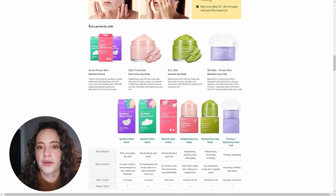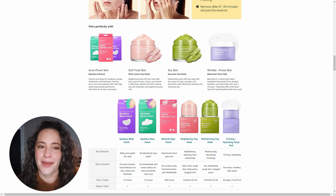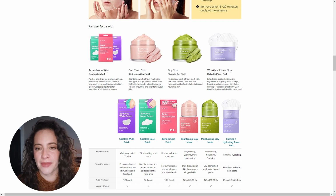Then we have "pairs perfectly with," and then a comparison chart, which in some ways are just repetitive. So we're wasting valuable space within the A+ content that we could be using to talk about some of these other benefits from the different masks or ways of using the mask or why these masks are so great. And instead, we just have these back-to-back sections that are repeating the same content with what looks like the exact same products. And let's see, 1, 2, 3, 4, 5. Okay, so they are at least maximizing all of the A+ content,